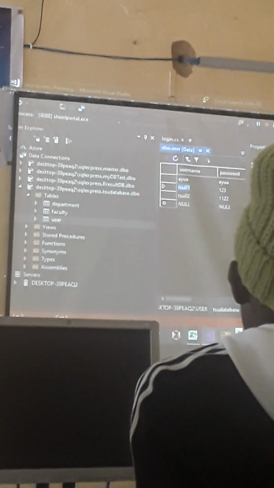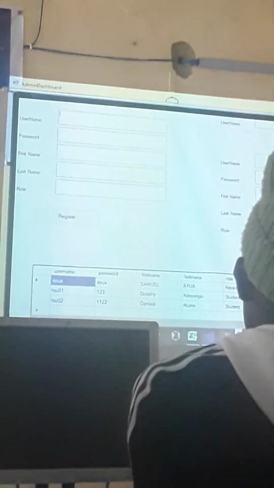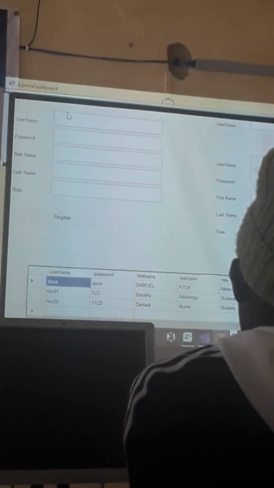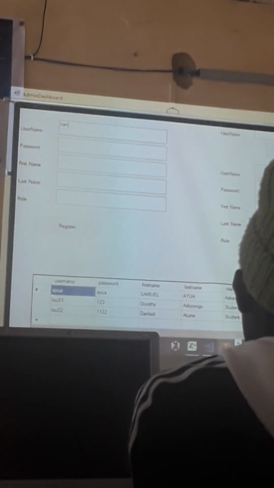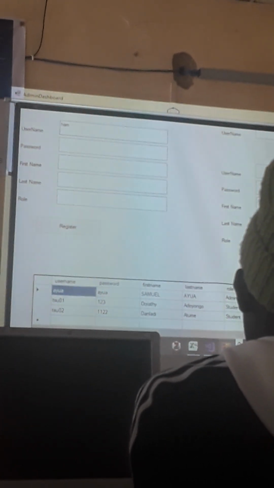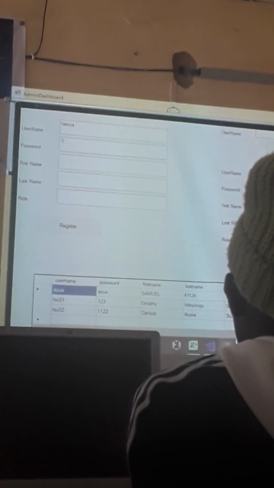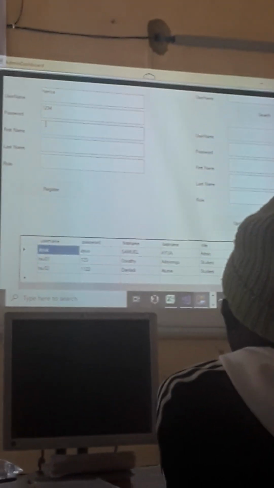For you to see that the thing is communicating to the database based on all these routes that are established, we will now go back to the page here and say, let's register a person. And we'll say this person is, maybe the name is Hamza. That is the password. And the password for Hamza is 1, 2, 3. And then the full name is